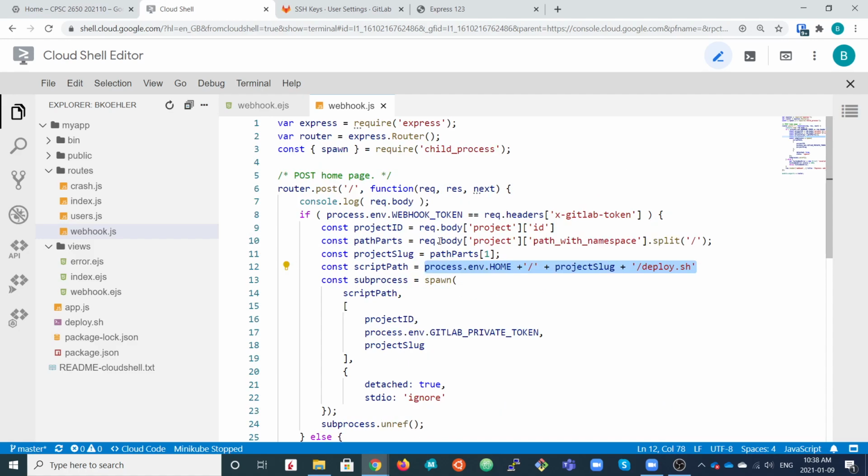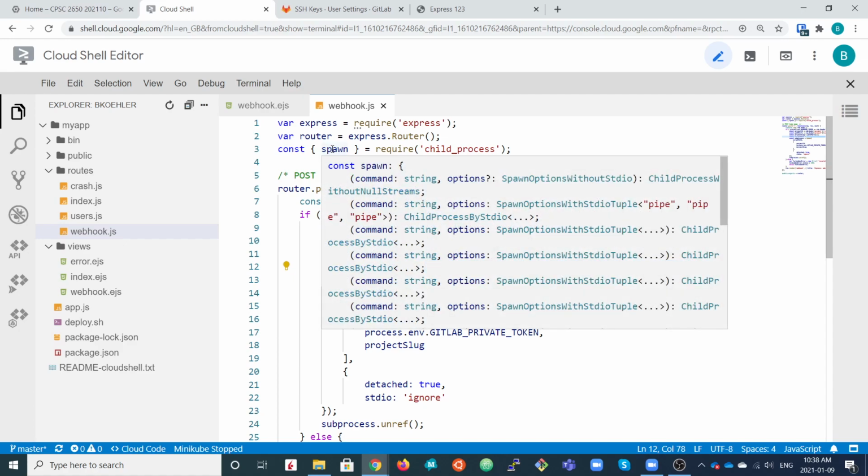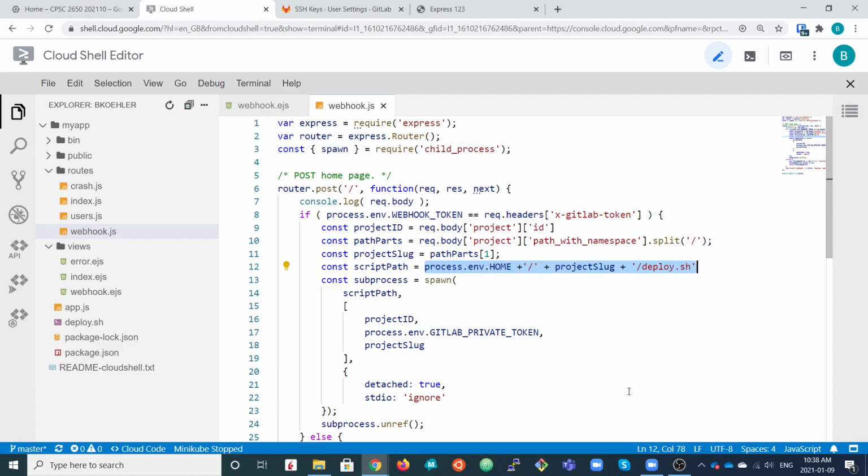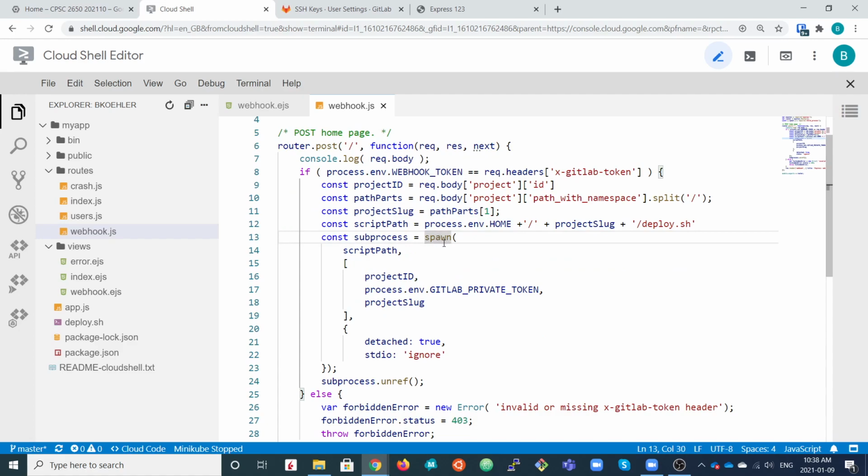So we use the child process module in Node, and we get the spawn function from that module. So here we are extracting the spawn function from the child process module. And then we invoke that function, so we're going to spawn a new process. It's going to execute the deploy script. These are the arguments, the project ID. We're going to get the GitLab private token from the environment variable, and the project slug, which we've just worked